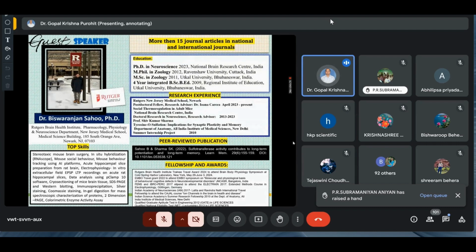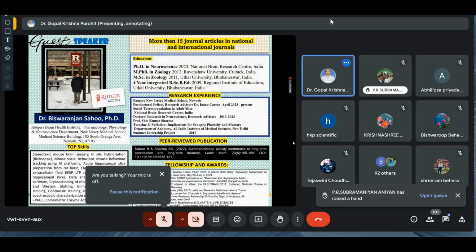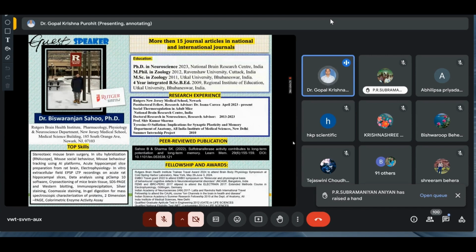In recognition of this innovative research, he has been awarded several prestigious grants, including the Redgott Brain Health Institute Training Travel Award and the EMU Travel Grants. He has been involved in frontline research on social behavior in mice, with an emphasis on how neuronal circuits adapt to environmental changes. He will be presenting today on this topic, tyrosine sulfations, implications for synaptic plasticity and memory,